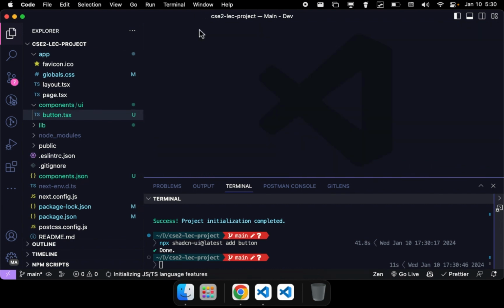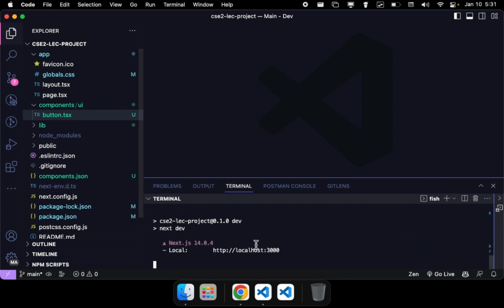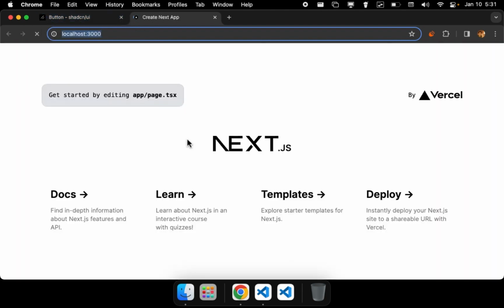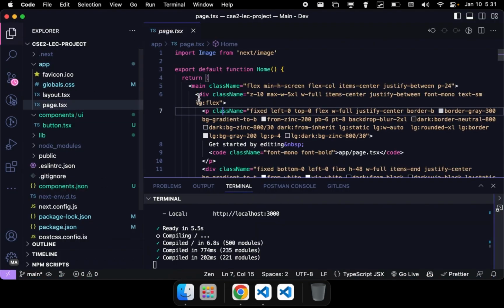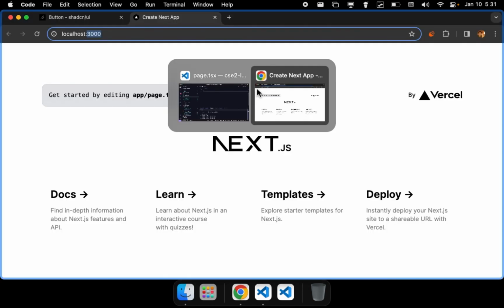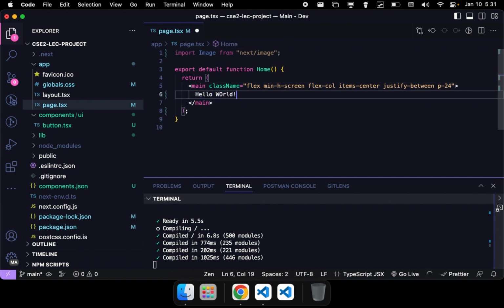components UI folder. Now let's try to run NextJS project. Let's see what we have in our dev environment. So localhost 3000 is our dev environment. So make sure there's no running app, and make sure the port is right. Now we have this because inside our page.tsx file, we have this boilerplate. So if we remove that, all these elements will be removed. And then if we add hello world,